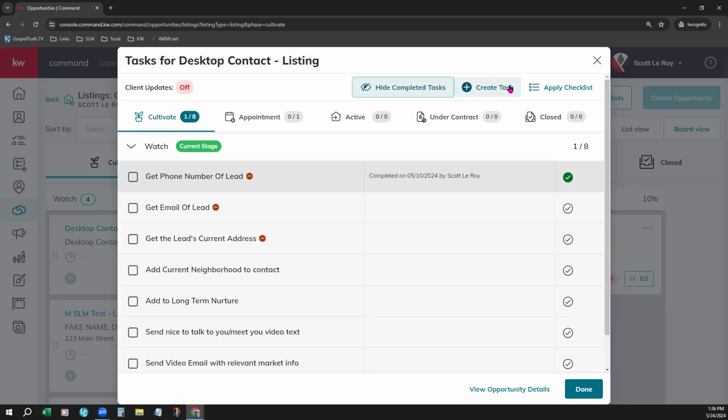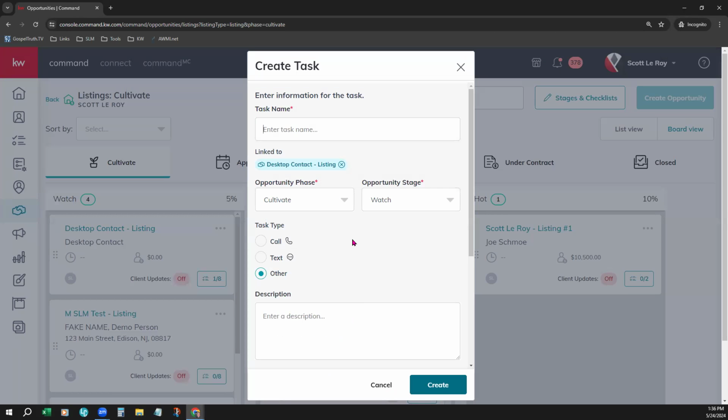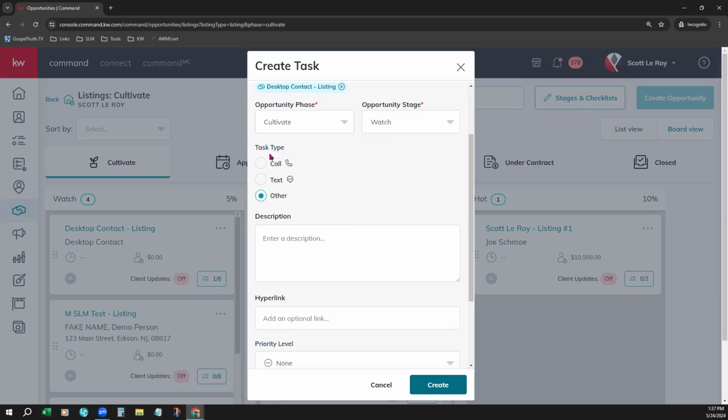You also have the opportunity to create a new task. So if I click create task, I can come in here and say, what phase are we in? This was the cultivate phase. Find on social media and friend or something like that. And you can create a task name of anything you like, choose the different task type that you would like